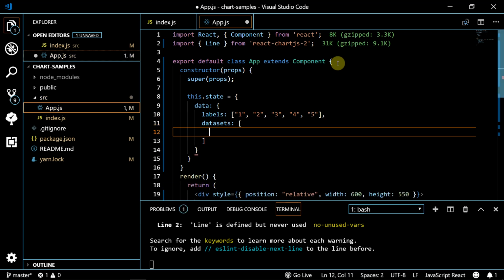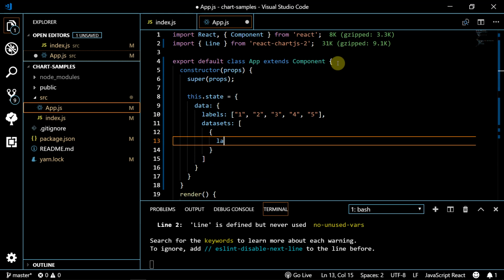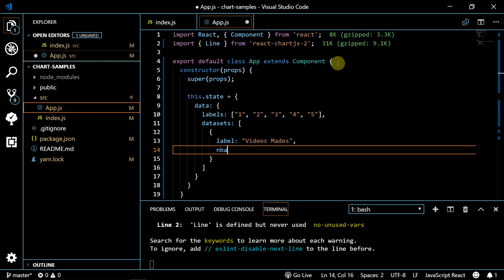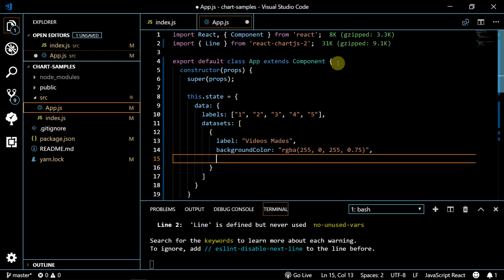And it also needs an array of data sets, and that's going to be an array of objects, and each one of these is going to have a label. So we'll just say this one's going to be called videos made, and we'll give this one a background color, and it's just going to be an RGBA value. We'll do a nice purple. And we'll give it some data. So we'll say 4, 5, 1. I don't know if this is on a weekly basis or a monthly basis or something like that, but